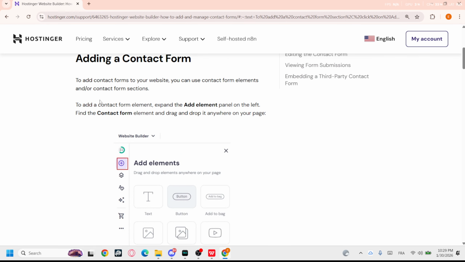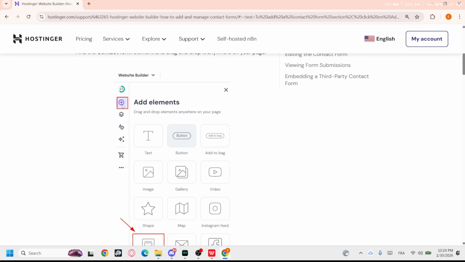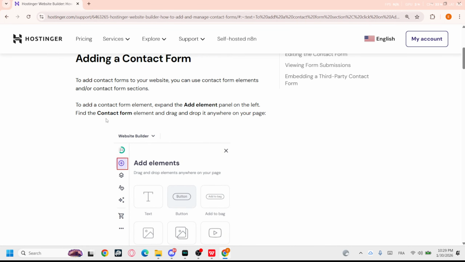So it's right here: to add contact forms to your website, you can use contact form elements and or contact form sections. And to add a contact form element, expand the add elements panel on the left. That's one. It's like a plus icon, and find the contact form element and drag and drop it anywhere